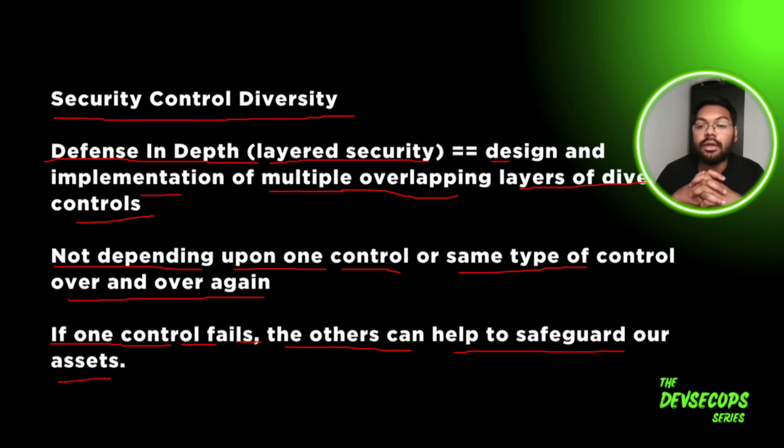And meanwhile, if someone gets to know that there is an attack on the bank, then you can call the police or the army, let's say, to come to your bank. Having defense in depth applied gives you enough time to take action once a threat actor enters your application. Once it is being exploited, there is enough time for you to apply any countermeasure or minimize the impact of that particular attack. So that is how you should think about security control diversity and defense in depth.